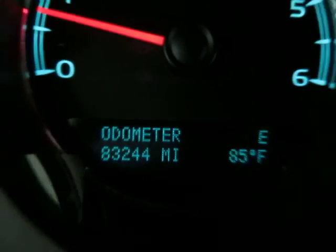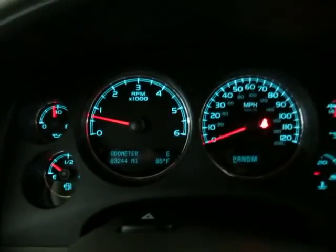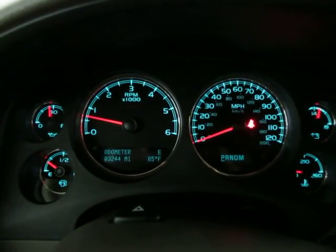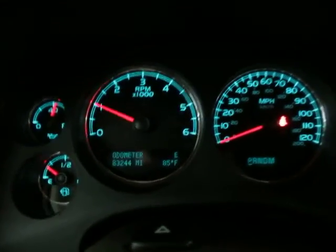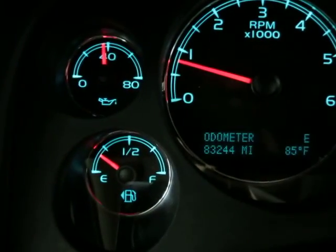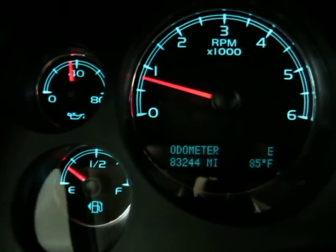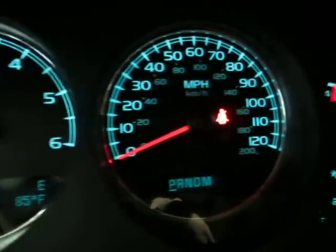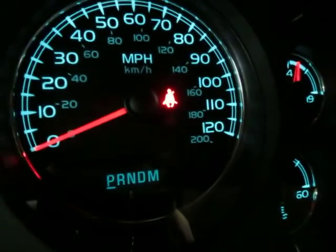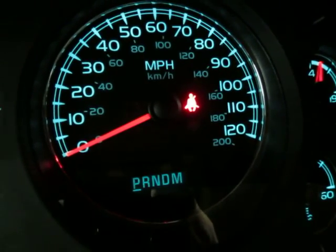Okay. The car is running right now. Keep an eye on the tachometer. I'm going to rev the engine on the left-hand side of the screen there. And the reason I'm doing that is just so you can see that the car is running and idling perfectly, and that there are no check engine light on, no airbag light, no service engine soon, no maintenance due, nothing like that. The only light that you see on there, that's a seatbelt light, because I'm not wearing my seatbelt